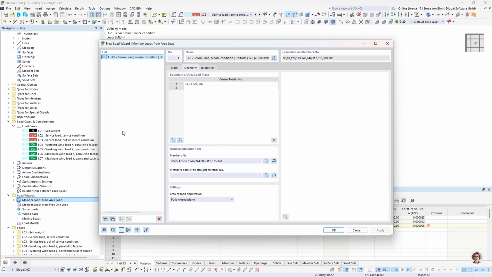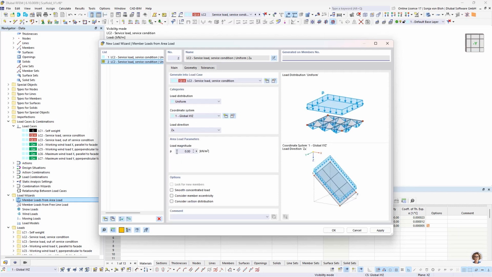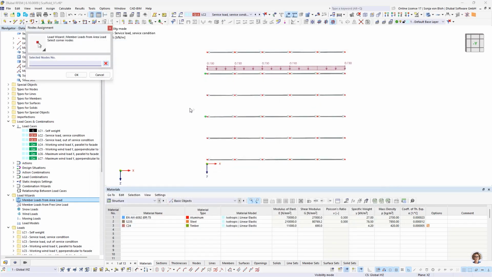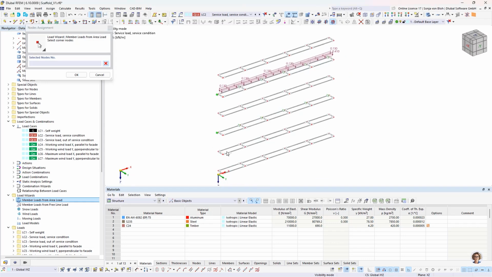A surface load of 1 kN per square meter is applied to the scaffold level below. For this, I create a new load wizard. I define here a load magnitude of 1 kN per square meter. Then I pick here the corresponding